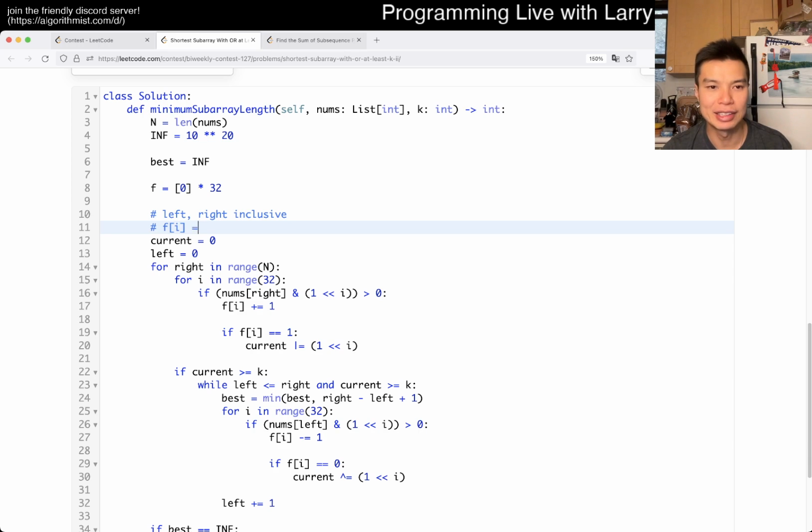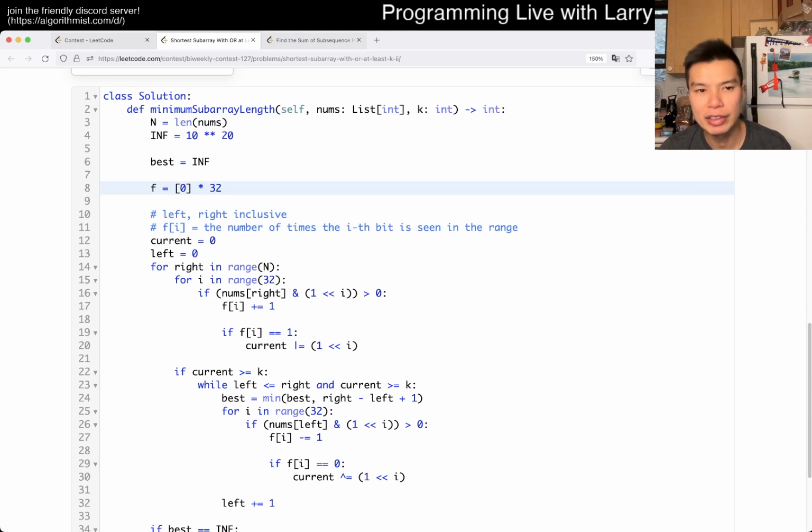and here f sub i is equal to the number of times the ith bit is seen in the range of left right. That's basically the idea, and the idea here is because